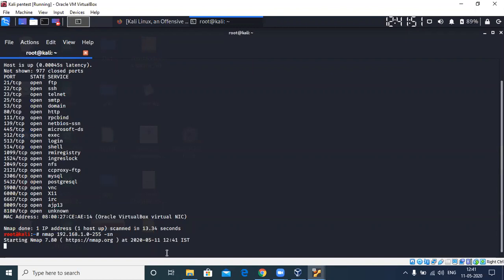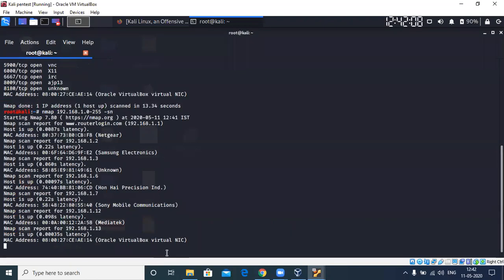Come on, try. Okay, let me break this. A ping scan simply performs whatever Angry IP Scanner is performing. Essentially, if I have to put it in terms of nmap, it just looks for the host, whether it is up or down.